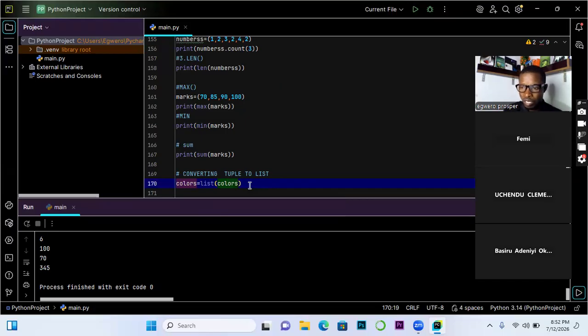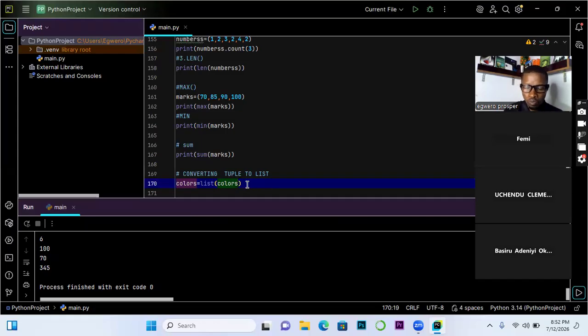All right. So now with this, you have converted to a tuple. Now, since you have converted, what I will do is to try to use append, which we learned can help us to add. And then you will see an error is going to output. From there, we know that we cannot tamper with what we have in a tuple. Try appending to a tuple, you will definitely get an error.